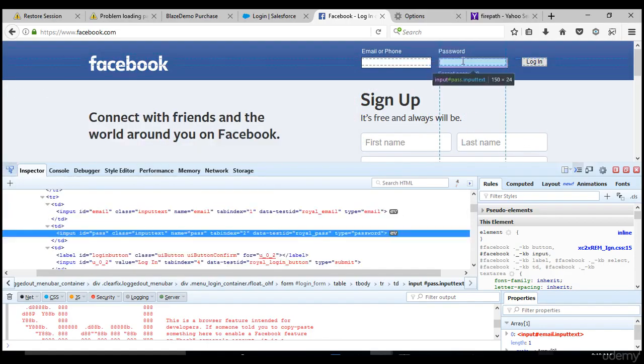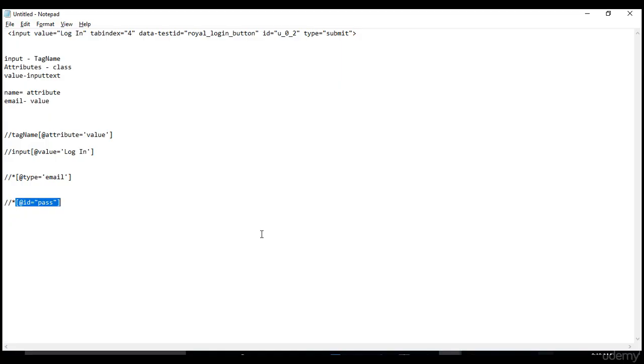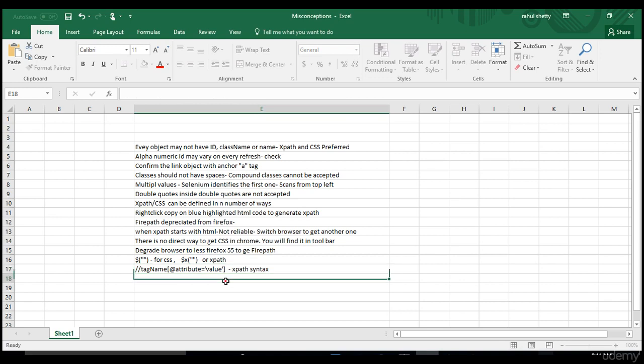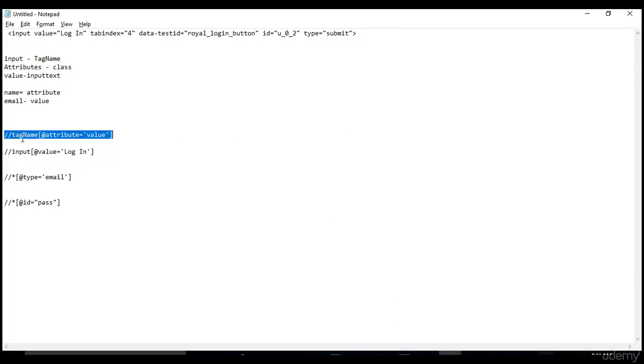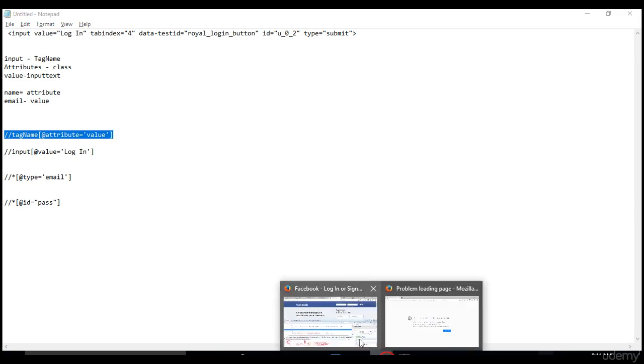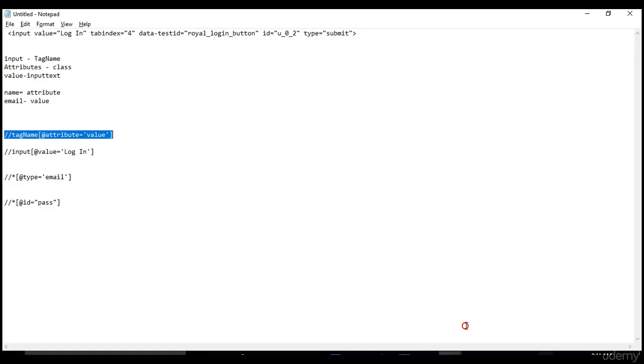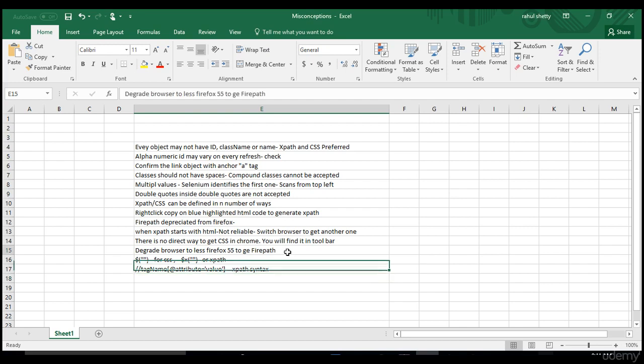Similar thing we will do even ourselves, right? Why depend on the browser tool if we can form our own XPath? Even if you are asked to write an XPath, we will just say // using, just remember this syntax, that's all. I'll put it here. XPath syntax. Using this syntax, but rather than the name attribute, the browser tool gave an XPath for us based on the ID attribute. As I said, XPath can be formed in n number of ways. You should have that point here.